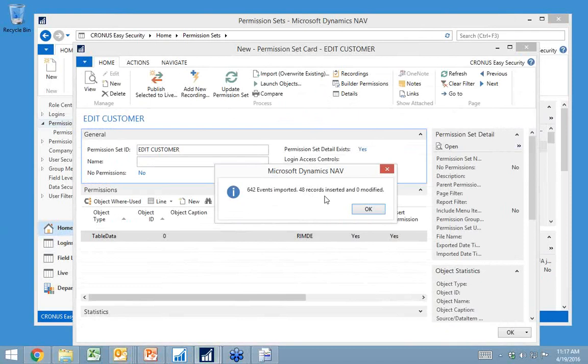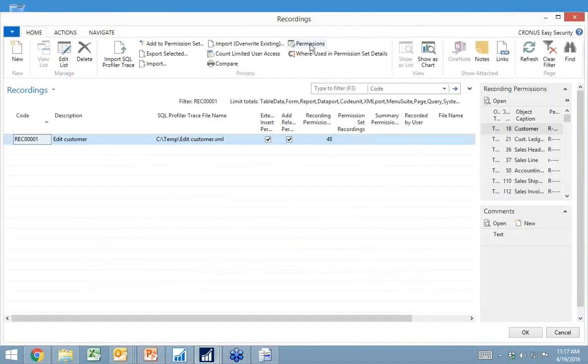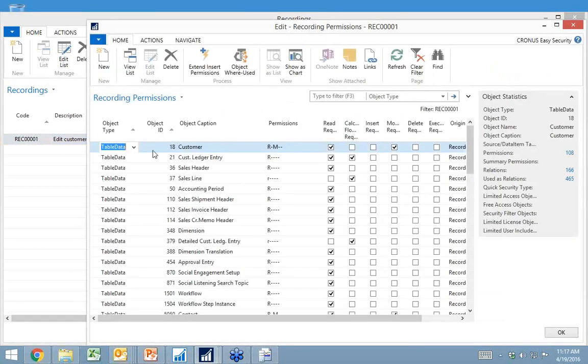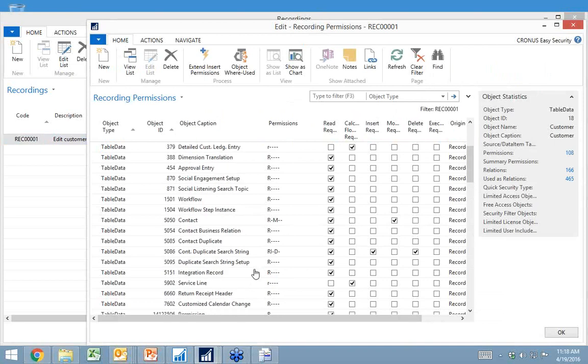I can see I got 48 permissions required for just editing a customer. Of course, read and modify the customer, but I also read a lot of things for the fact boxes. I read and modify my contact and some other data.